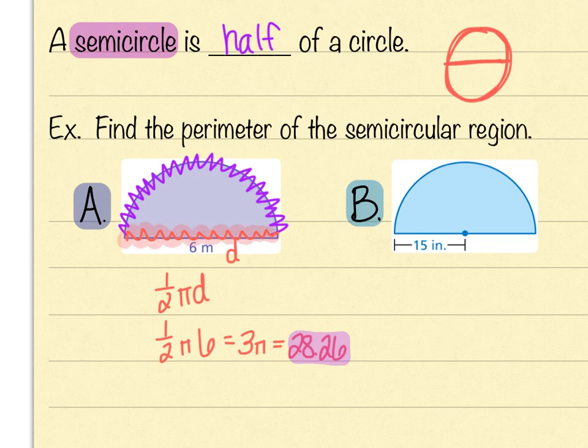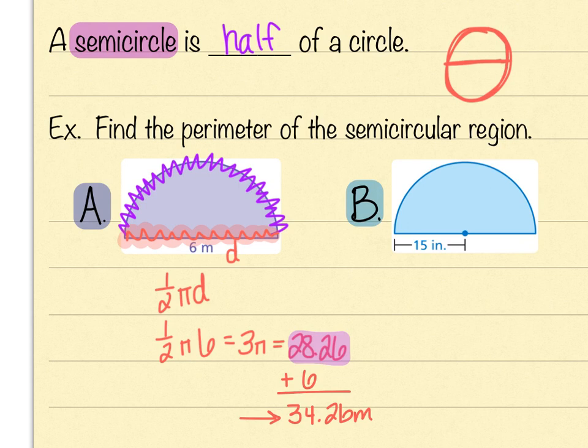And so that's just 6. So when I get the 28.26, I'm just going to add 6 to that. And that's going to give me 34.26 meters. And that would be my final answer, 34.26 meters. So let's try that again on this example,